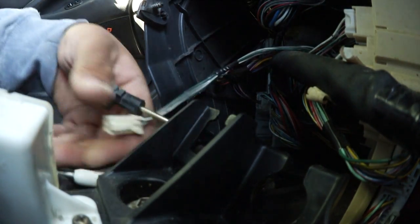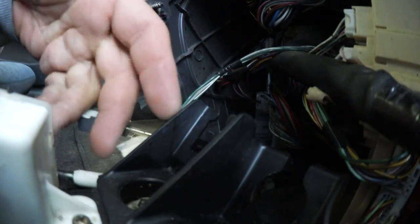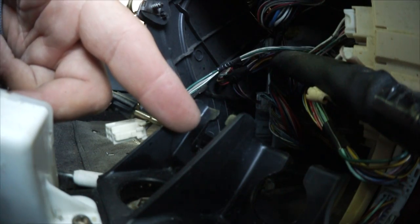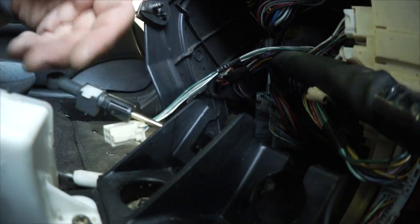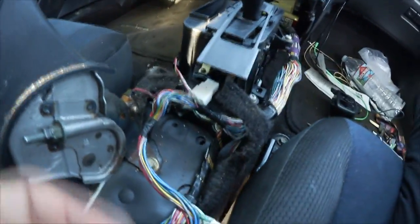There you go. It's the same method. I couldn't get a video on how I took this one off, but it's the same thing. You push one side in with the screwdriver, and then it starts leaning to one side. So then you get this other side, and you just do the same, and it'll pop right out. So it's that simple. Now I believe what's next is we should remove